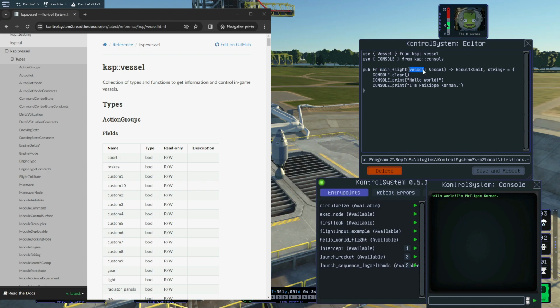This is my vessel, and I don't like when there is a vessel like that. I don't know what vessel it is. So that vessel is a type of that parameter. Okay, so the type vessel here is the same as the vessel here, and that type is from KSP vessel. That means that here I'm in the structure, in the reference, but I will call it structure, in the structure KSP vessel, and